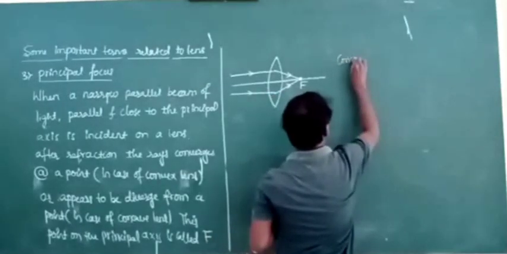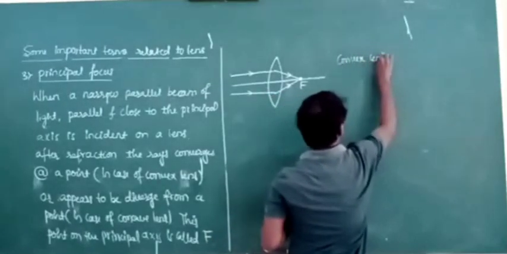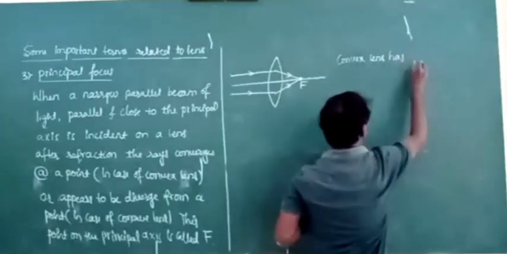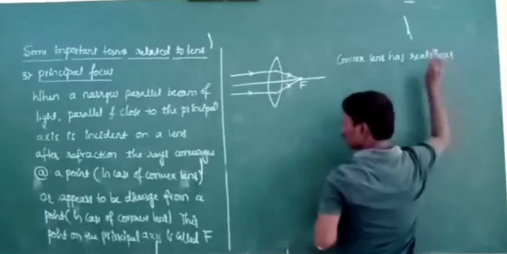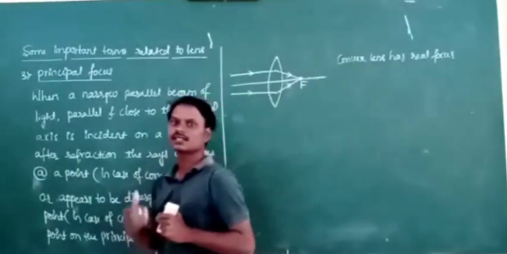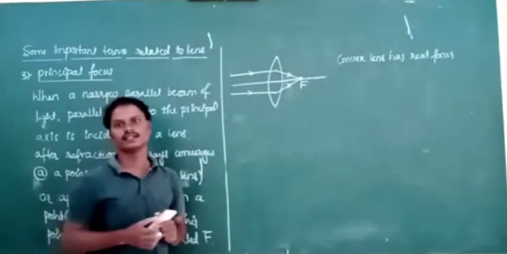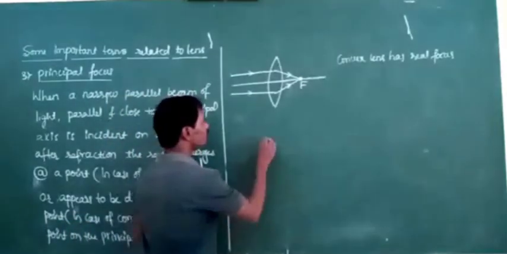Convex lens has real focus because after refraction all the rays converge at a point. That is why it has a real focus. Then in case of concave lens,